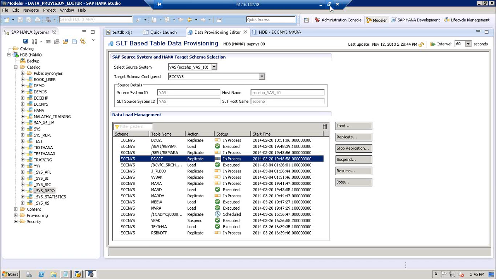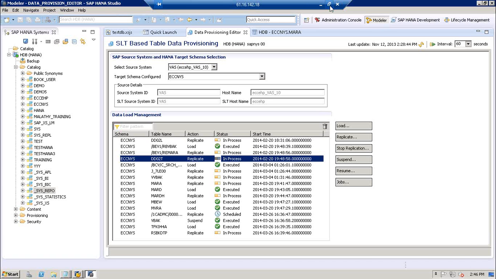Yeah, good question. That is actually a part of data provisioning, and the second class from now will be a dedicated session on data provisioning. There are different ways and means of data provisioning. One is called SLT, one is called BODS, which is another SAP ETL tool. Then you have DXC, the data extractor connection. You have a flat file based upload process. These are some of the data loading processes, or in HANA terminology, we call it data provisioning.